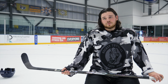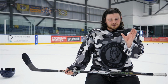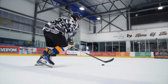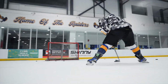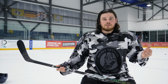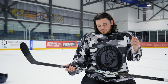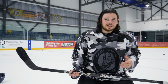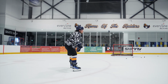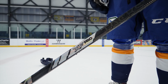I think a lot of the faults in this stick come down to CCM putting far too much of this V-shaped shaft, putting it too thick at the top. Like I said before, if you're a player that's maybe got big hands, or you're someone that doesn't really stickhandle much, you just take absolute clap bombs or really hard, powerful, accurate shots, this stick might be for you. But for how I like to play and how I think I play, this just doesn't fit my style of play. Maybe it's different for you. Obviously, I'm not saying it's a bad stick. This just doesn't fit my style of play. I'm a little bit gutted, to be honest, but